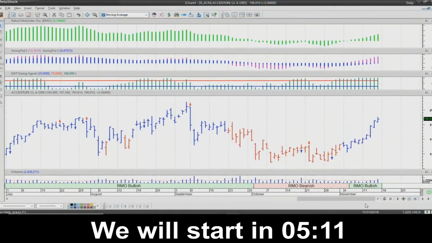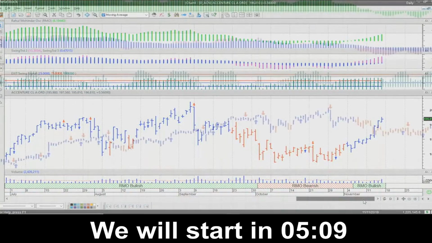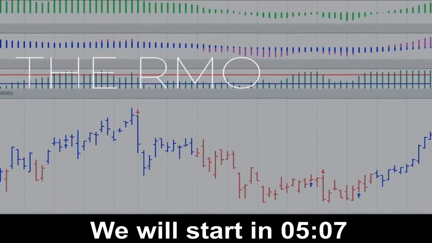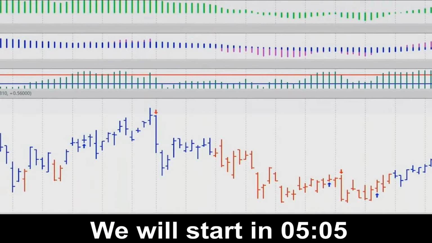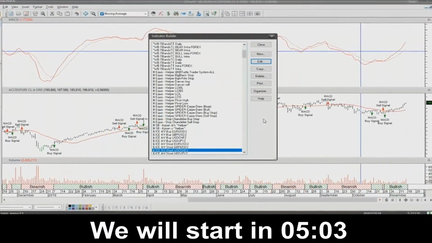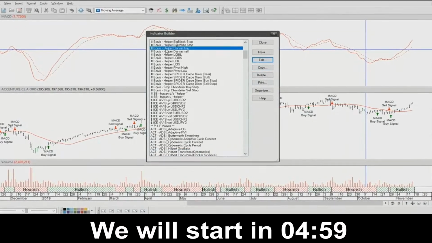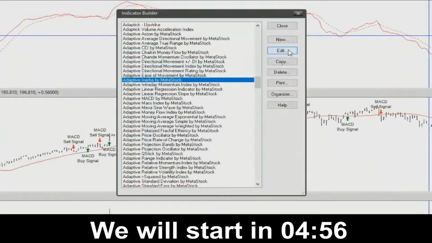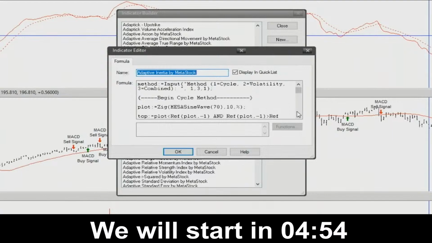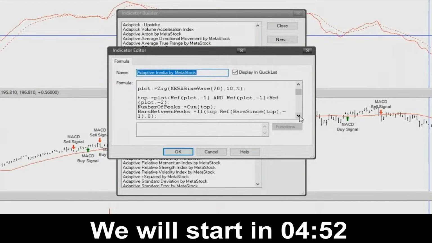MetaStock even has the very popular and exclusive Rahul Mohindar Oscillator System, or simply known as the RMO. And as you become a more experienced trader, MetaStock grows with you. Advanced analysts will enjoy the comprehensive list of trading systems and indicators and the ability to build their own systems.